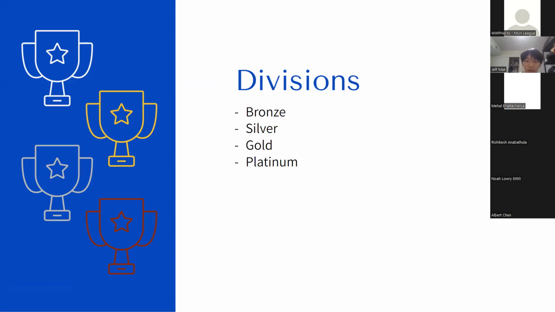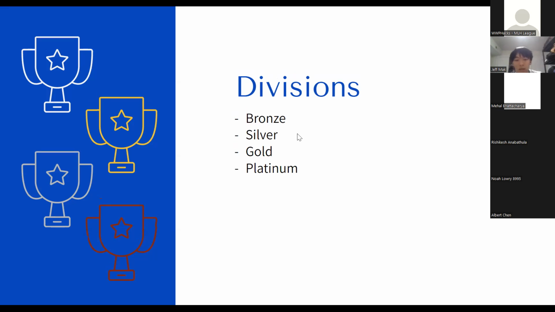For divisions, there are four: bronze, silver, gold, and platinum. Bronze is the lowest division, while platinum is the highest, and that's where you get qualified for the IOI. For bronze, you only need to learn the basics of your language, basic data structures, and sorting, and you can brute force most of the problems. When you go to silver, you need to know mainly depth first search, DFS, and prefix sums, and unlike bronze, time actually matters, so you need to be more efficient with your code.